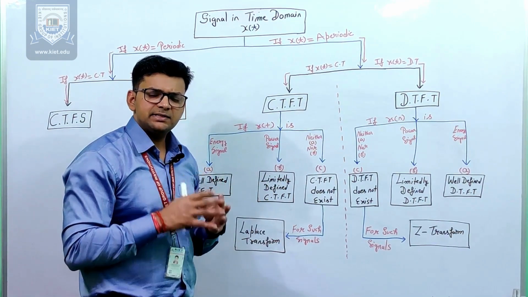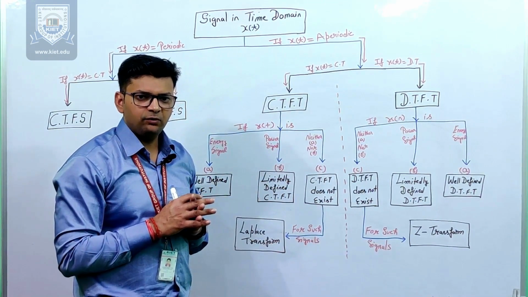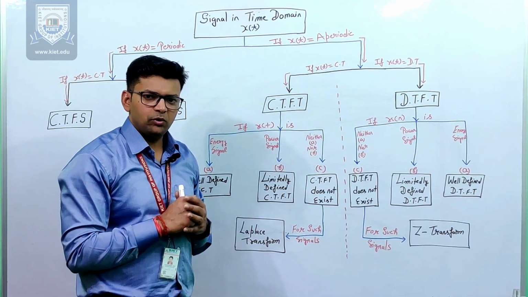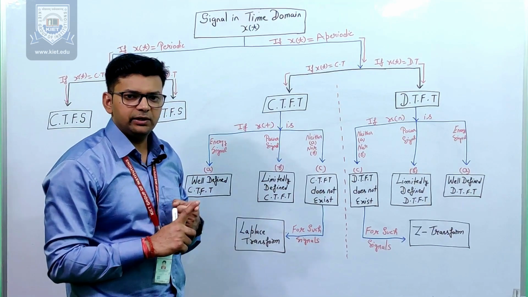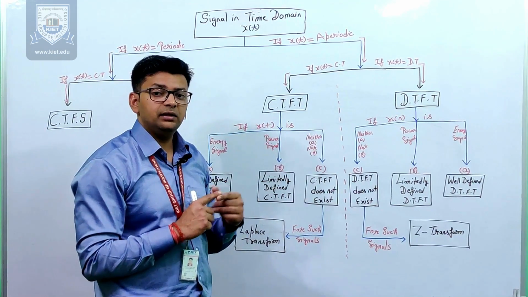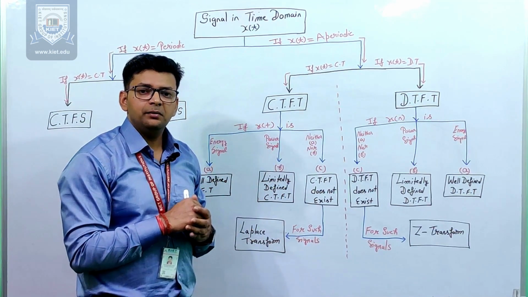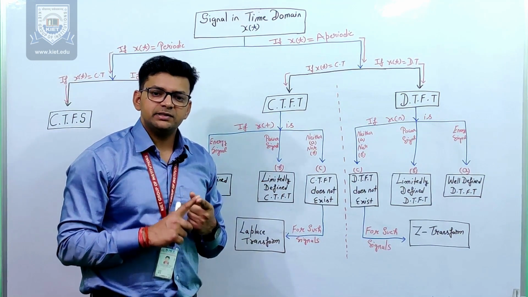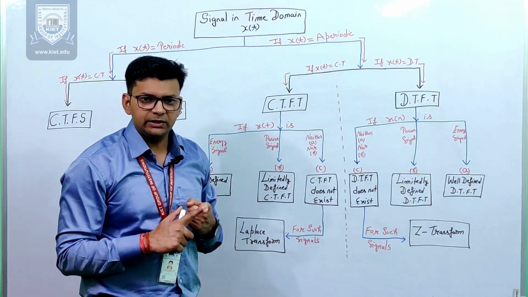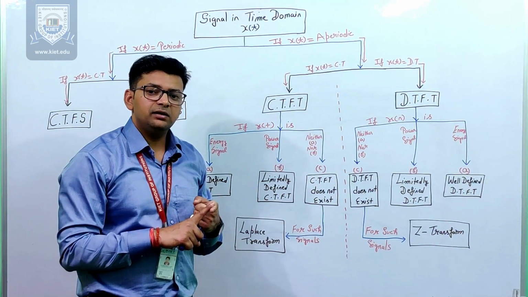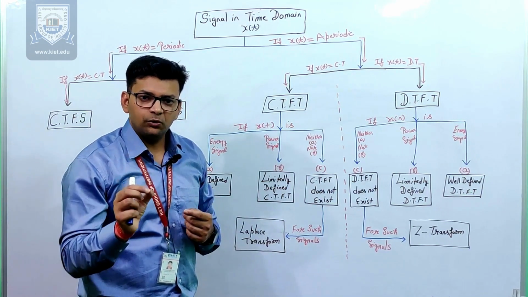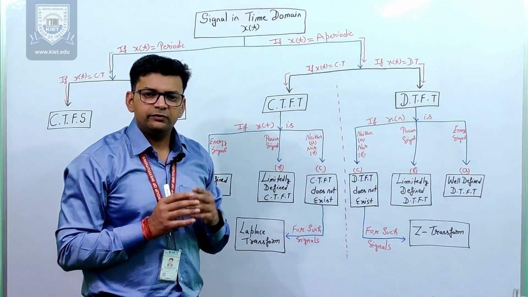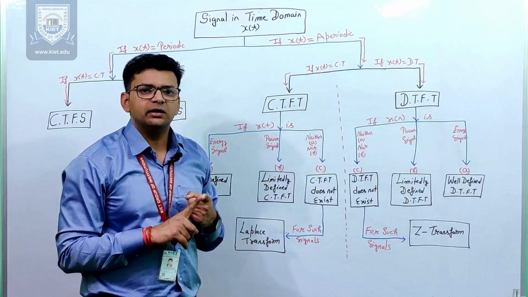Now, there is an existence condition of Fourier transform that is known as the Dirichlet condition. There are three basic points in the condition. First point is that my signal in time domain x of t must be an absolutely integrable signal. It means its area must be finite. It means the signal should tend to 0 as time t tends to infinity. Clear? Such nature exists in energy signals, right?